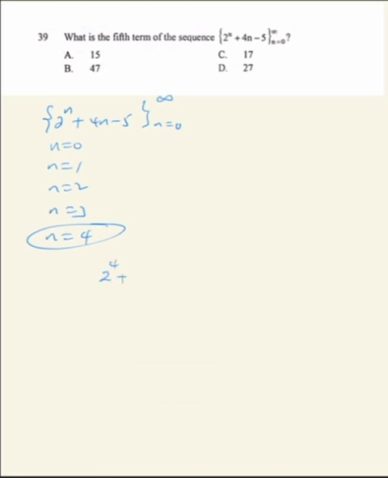okay n 4 በማድረግ የምናገኘው ተርም fifth term ይባላል so to the power of 4 plus 5 4 times 4 minus 5 ይሆናል ማለት ነው እዚህ ሲኩዌንስ ውስጥ n 4 አድርገን እንሰራለን so to the power of 4 is 16 4 plus 4 4 times 4 is 16 minus 5 the result is 32 minus 5 which is 27 therefore the fifth term in this sequence is 27 ወደ 40ኛው ጥያቄ ስንሄድ አሁንም የሲኩዌንስ ጥያቄ ነው ያለን ምንድነው የሚለው if the 6th and the 11th term